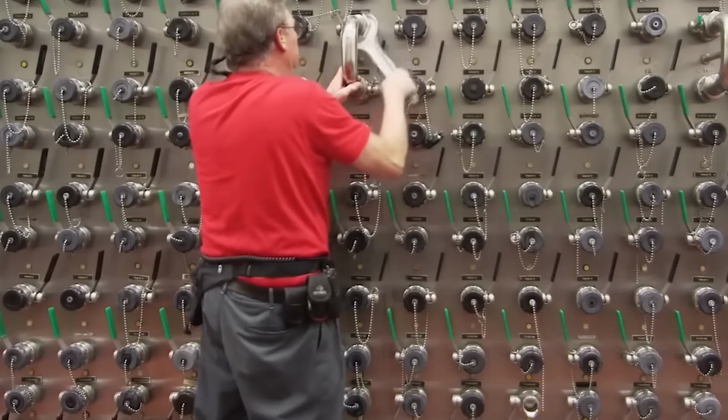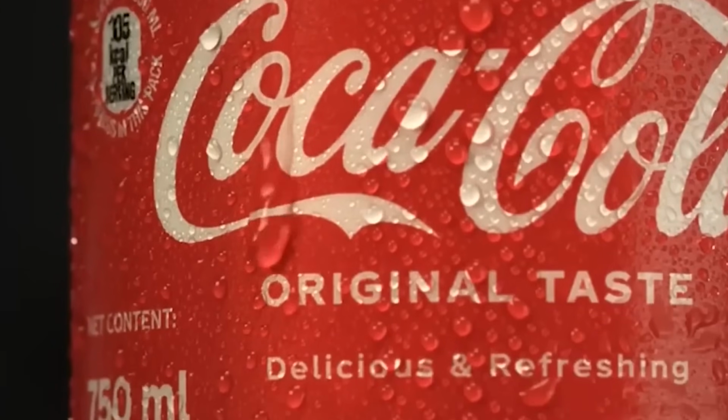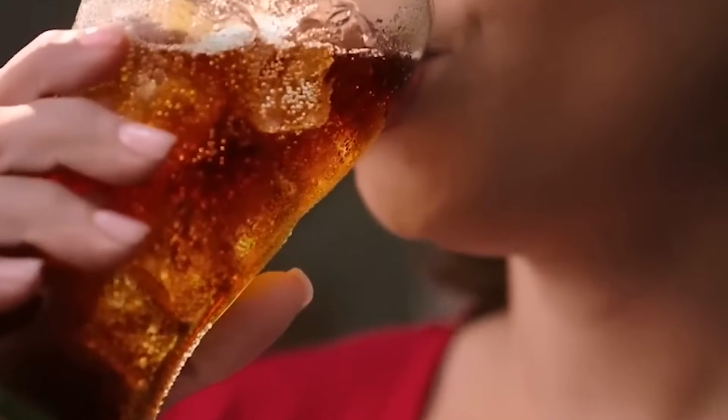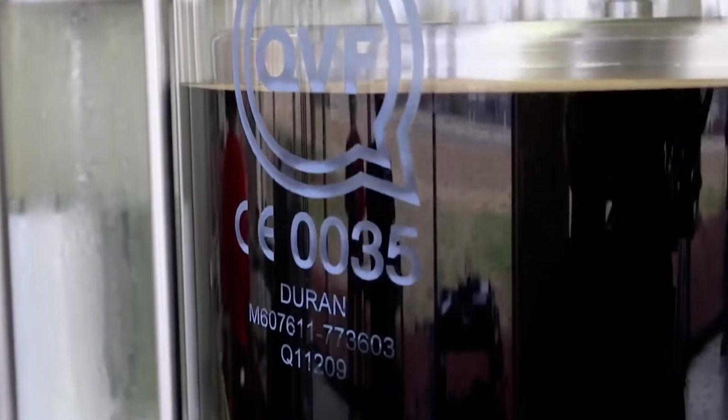Too much CO2 results in an overly fizzy soda that can taste harsh, while too little carbonation leads to a flat, unexciting drink. Achieving the perfect balance of effervescence requires precision, and this is where the real science of soda making comes into play. Once the carbonation is injected, the mixture is vigorously mixed to ensure that the CO2 is evenly distributed throughout the syrup. At this point, the drink is ready to be bottled or canned, but not before it undergoes one final check